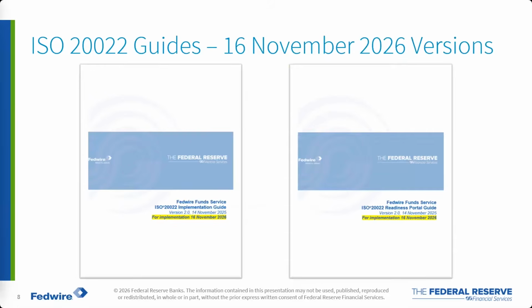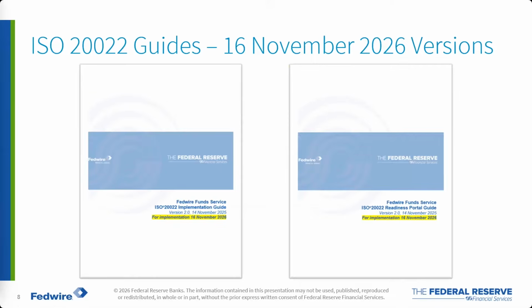One is our Fedwire Funds Service ISO 2022 Implementation Guide, which is a business-focused document of how to use ISO 2022 for the individual message flows. And on the right side, you see our Readiness Portal Guide, describing test scenarios with descriptions and sample messages that are available on My Standards. I will come back to this shortly, but we actually have separate webinars where these documents and their contents are